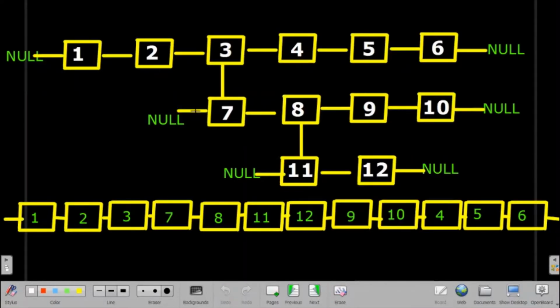So let's see the question. In this question you will be given this type of linked list. If we see the structure, it is non-linear, not linear. So what we have to do, we have to return a linear doubly linked list, in linear form. And one more thing guys, we have to take care that we have to follow the given route.